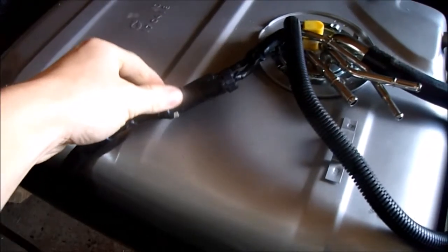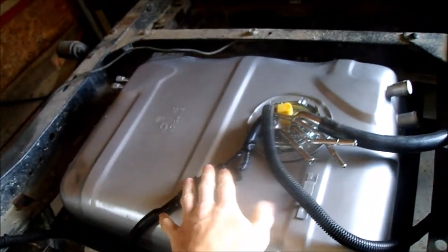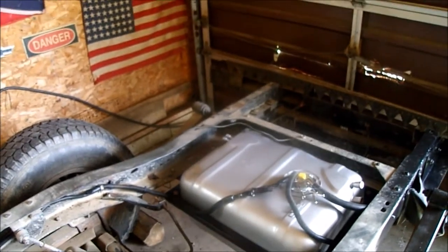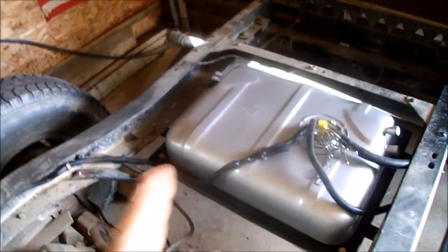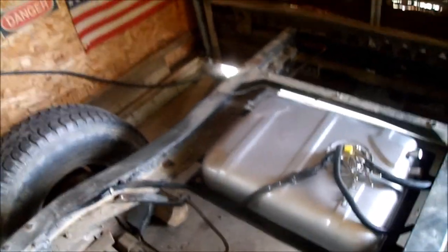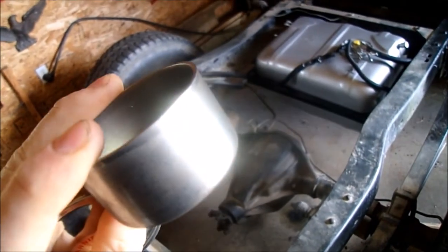I got my fuel pump wired up. I put a couple connectors here so I can disconnect that if I need to, pull the fuel sending unit out, which I will need to do again because I got to weld on a cap. Oh yeah, I gotta show you guys that. I got this weld on